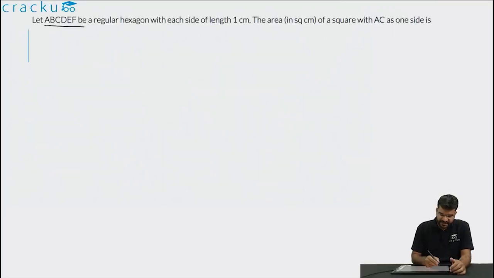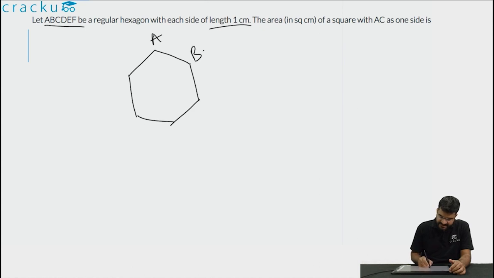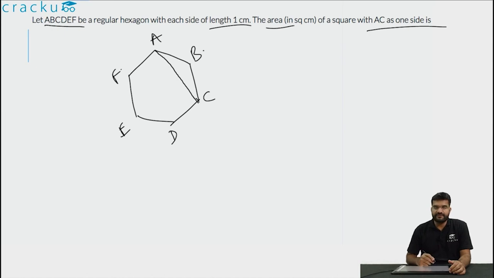In this question we are told that ABCDEF is a regular hexagon with side length of 1 centimeter. So let us assume that this is the regular hexagon A, B, C, D, E and F. We are required to find out the area in square centimeters of a square where AC is one side. So we are assuming that AC is one side of a square and we are required to find out the